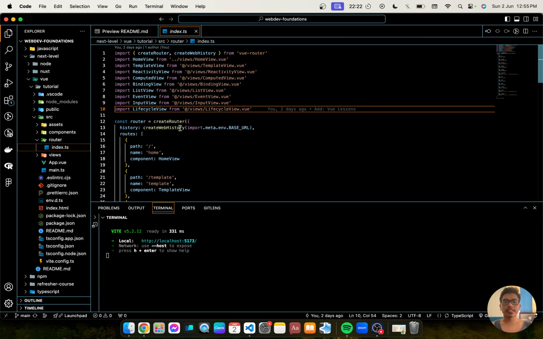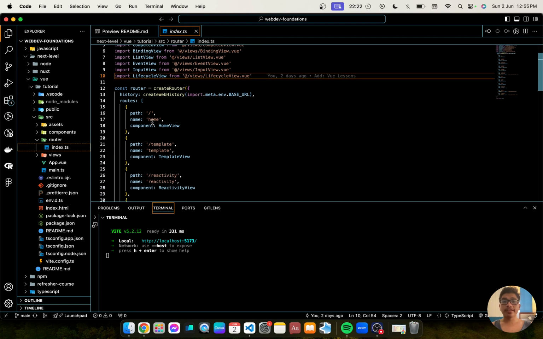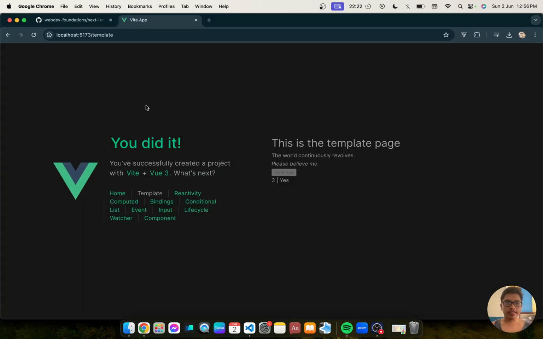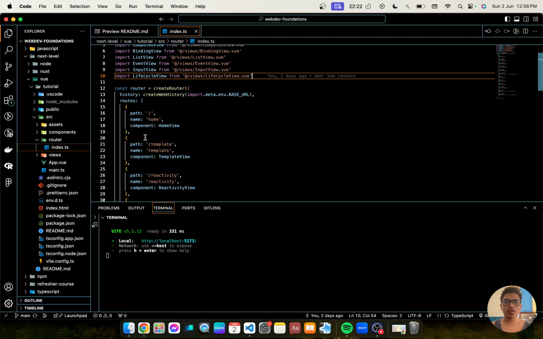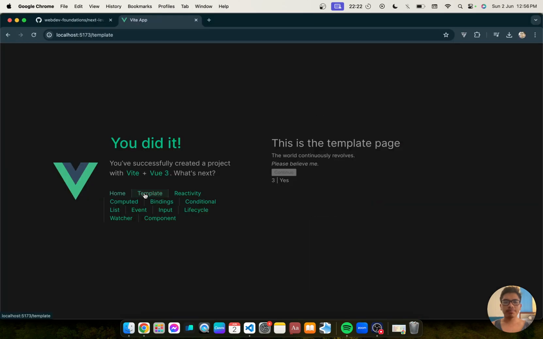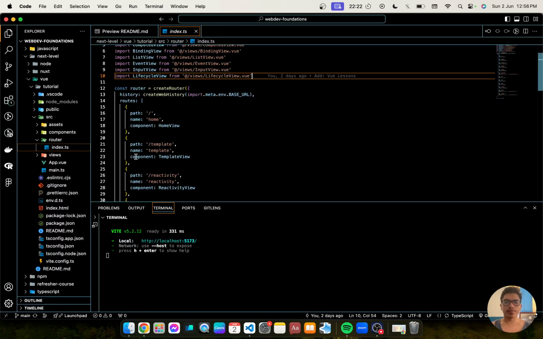And we have your history. And we have our routes, which have three major components: the path, the name, and the component. The path here is a forward slash, so that would be the home. We have forward slash template, that would be the template. And we name it, and we give it the component.